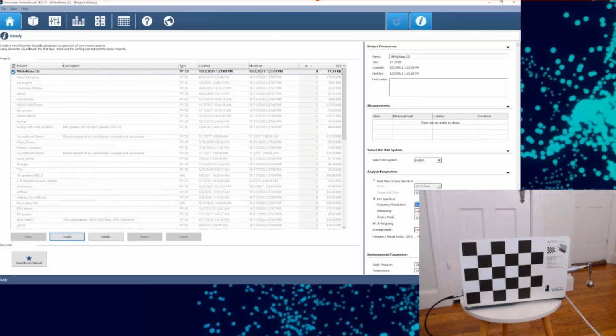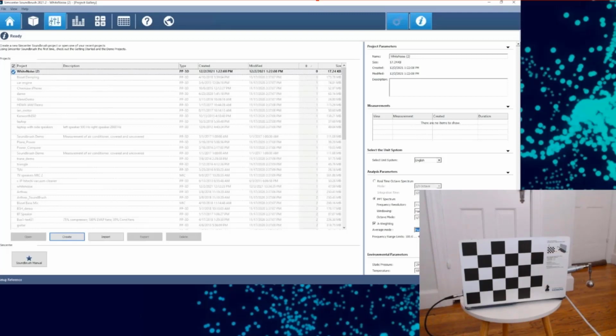And then I can specify what kind of windowing I want to use. As we're producing real-time time-to-frequency information, we need to window that to reduce our leakage. And then we have this average mode, which allows me to decide how I want to handle data measured at the same position. Let's say I've passed through the same XYZ coordinate multiple times. Do I want to keep the last value? Do I want to linearly average all 5 data points, let's say, or do I want to just peak hold? In this instance, I'm just worried about peak hold, but maybe averaging is more appropriate for what you want to do. There is my project.